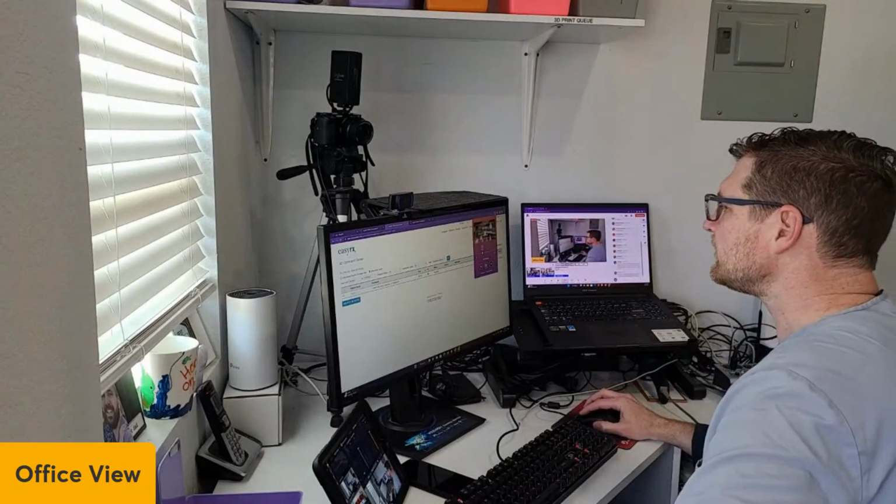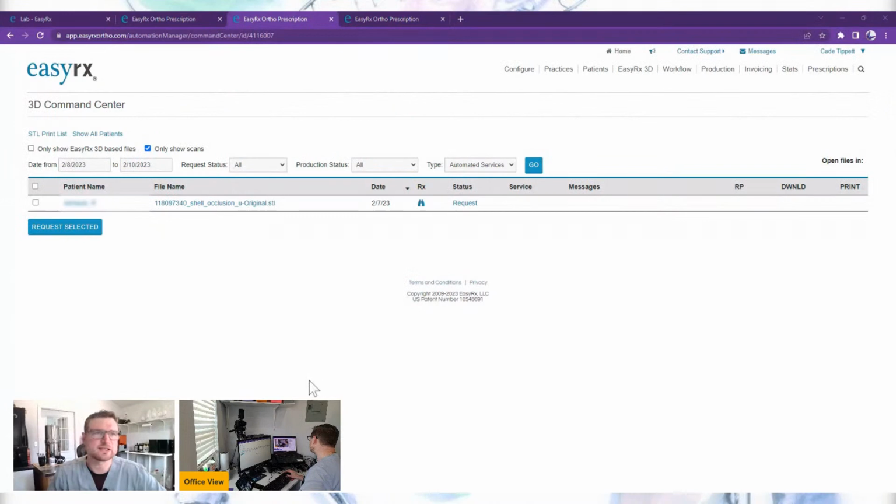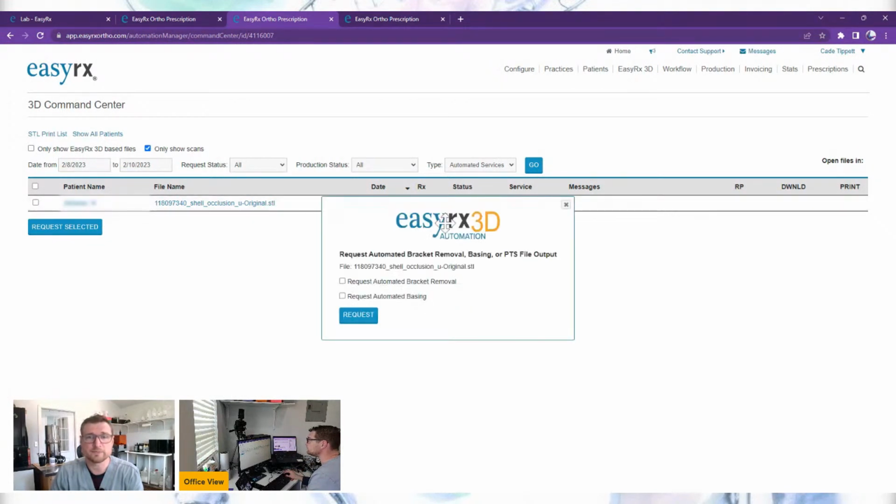So I can actually share my screen now. This is the 3D Command Center. If I went back to here, no, it changed things on me. So anyway, I'll go back to 3D Command Center. It was in that lower left column of the prescription, and it gives me this. If I do request, I get two options. Notice it had brackets, so I'm going to say automatic bracket removal, and this will send it to a